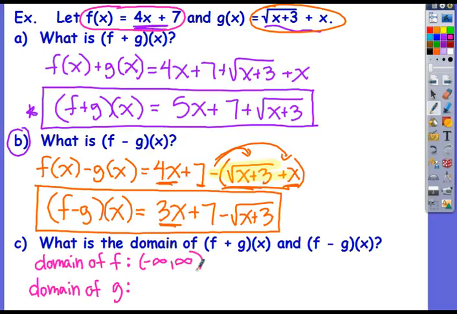For g, however, I have this restriction, I have a square root. So what real number inputs could I put in to get real number outputs? Well, x plus 3, whatever's under the square root has to be greater than or equal to 0. I can take the square root of positive numbers, I can take the square root of 0,